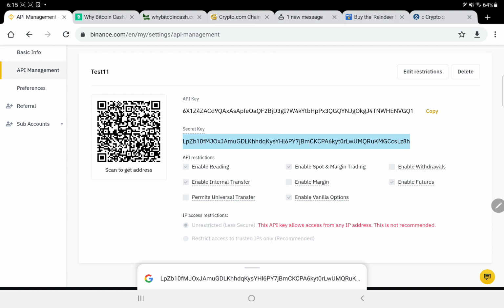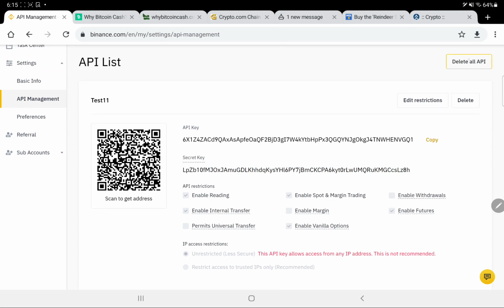Please keep in mind, you have not selected the enable withdrawals option. These options you need to select, and we will show you how to enable them. Once it is done, we can trade in your account, and whatever profit we make in our account, you make the same profit in your account. These are the API keys, and you can even delete all the APIs later on. You click on the delete option and all the APIs will be deleted.